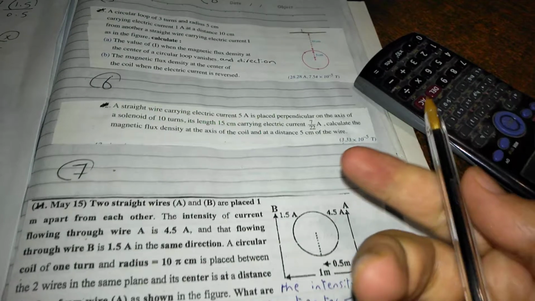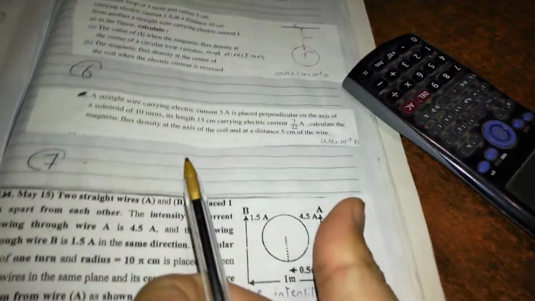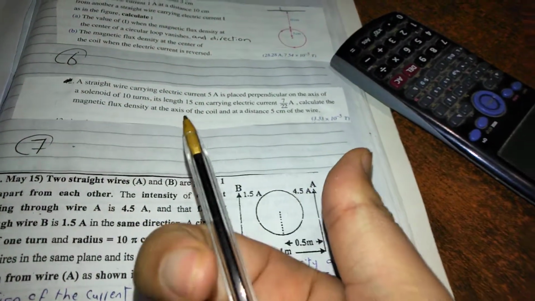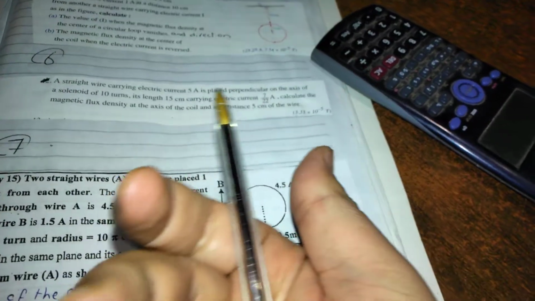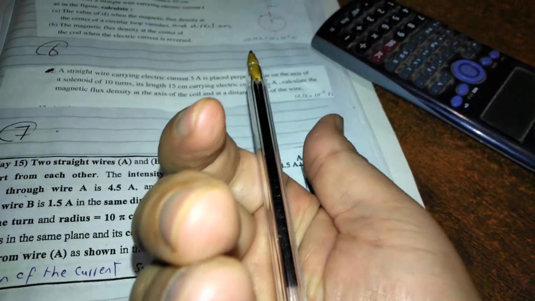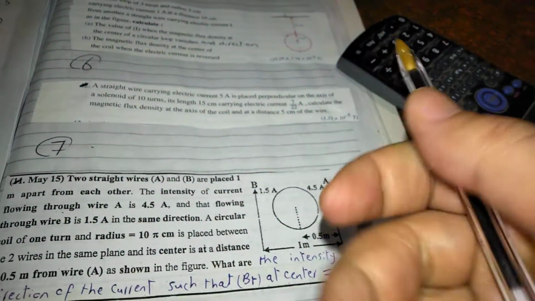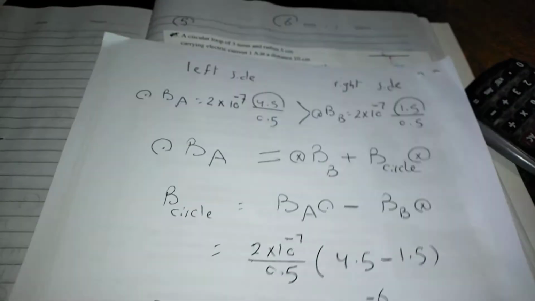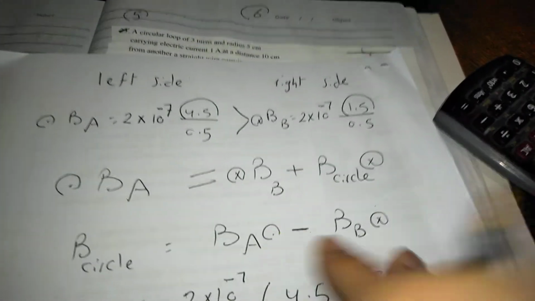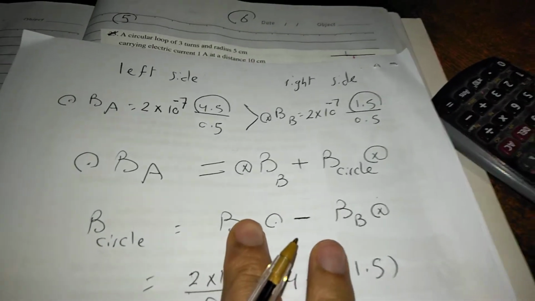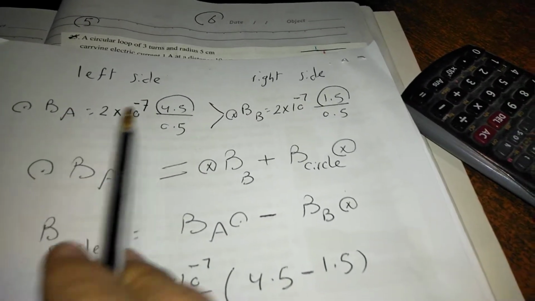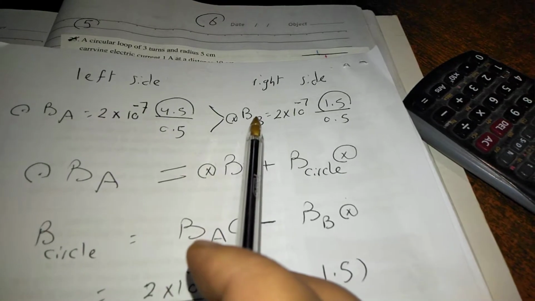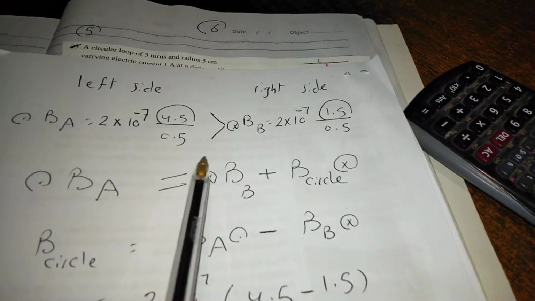On the other hand, for A, this is the A direction. I keep the thumb in the A direction and rotate my fingers, so the field is outward at the center. So wire A makes outward field. Returning to our answer, we can conclude that the field of A is more than the field of B,